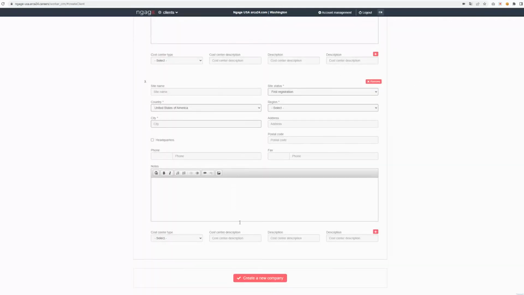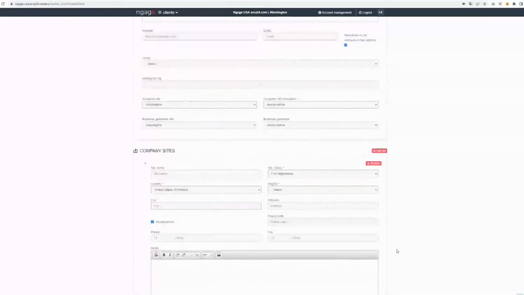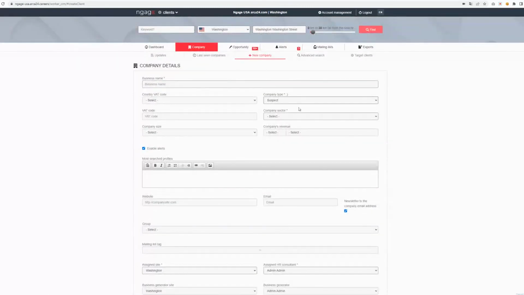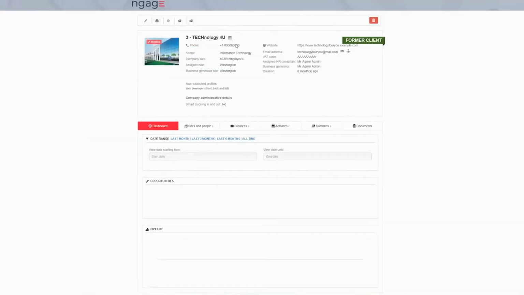And here you can enter further details concerning the new site. When you're done, you just need to click on Create a new company, and then you can show it and enter further details into the section Listing Companies. For example, when opening a client, we can see that we can add further information such as, for example, the